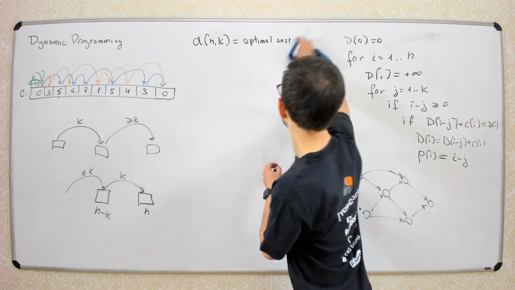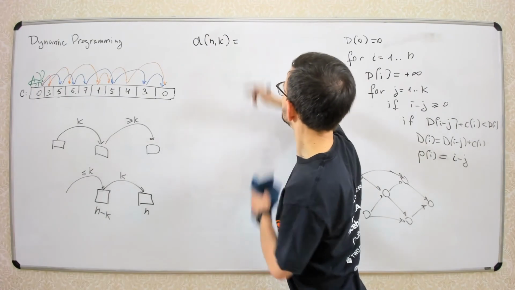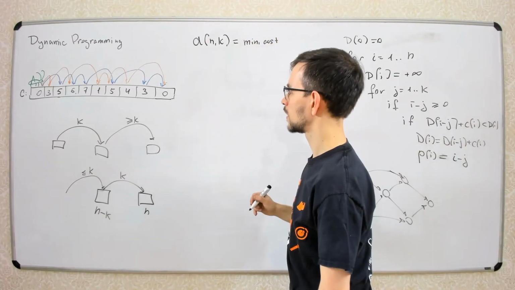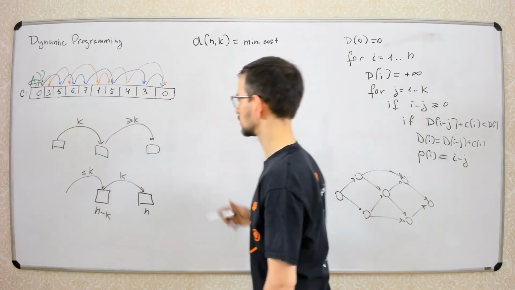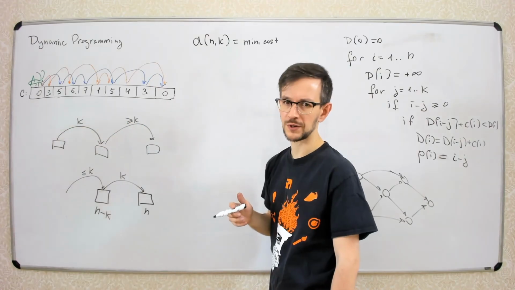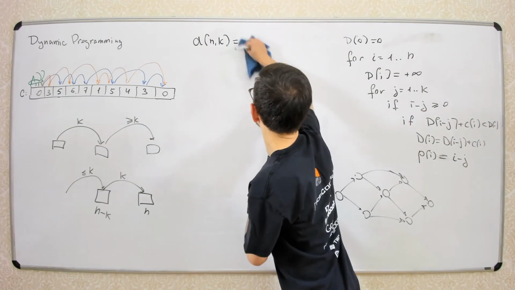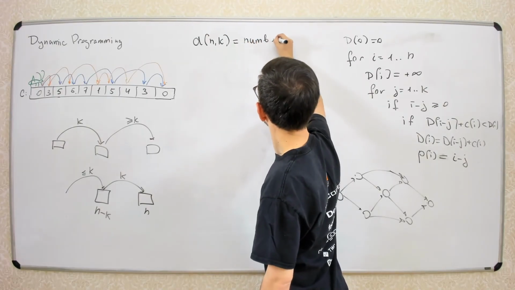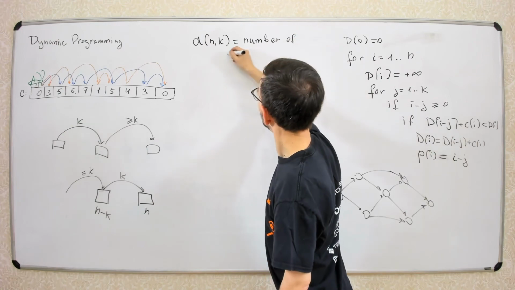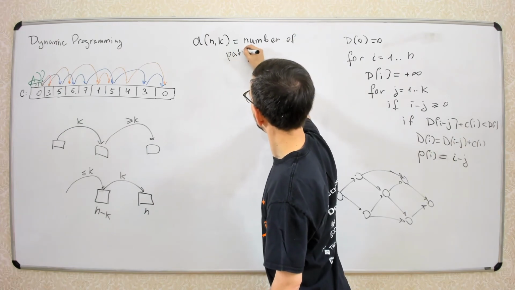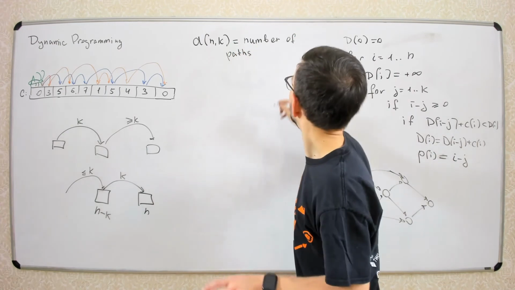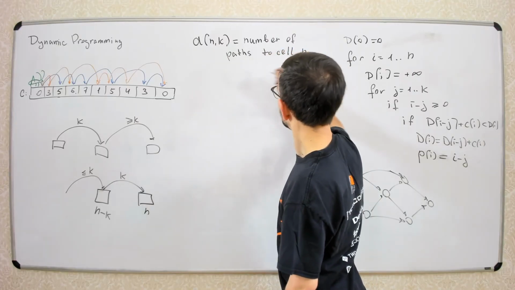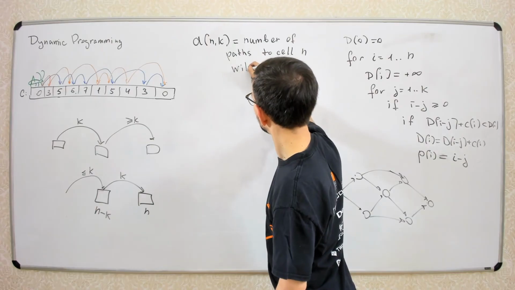Let's calculate the minimum cost. Minimum cost will be just to jump here. It's not fun. Let's calculate the number of ways to cell n with last jump